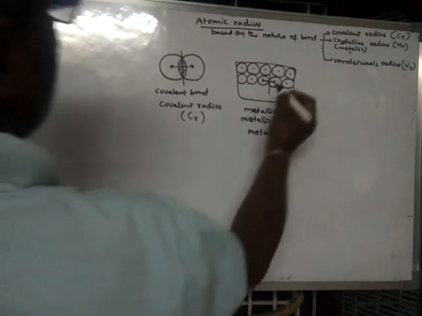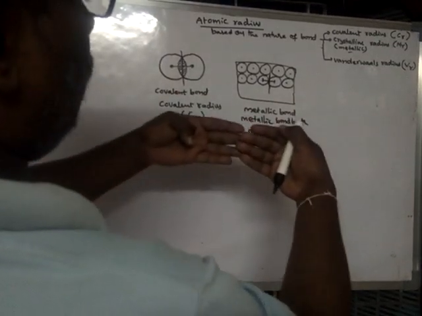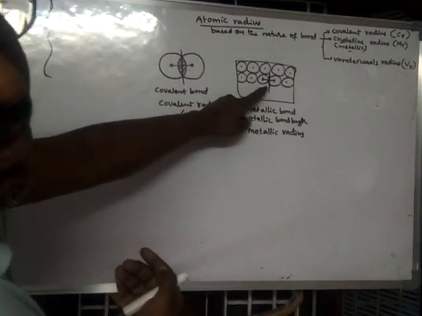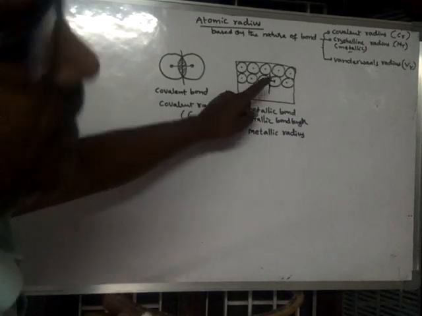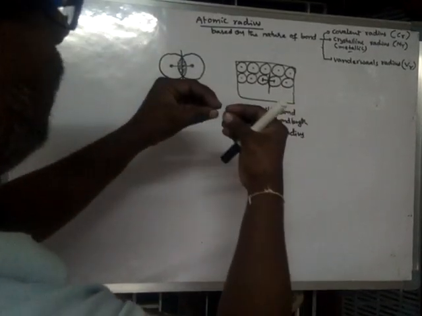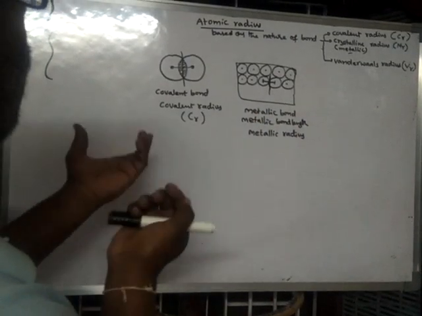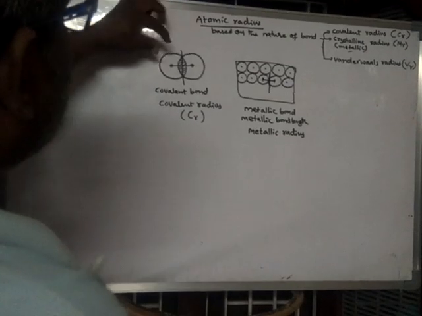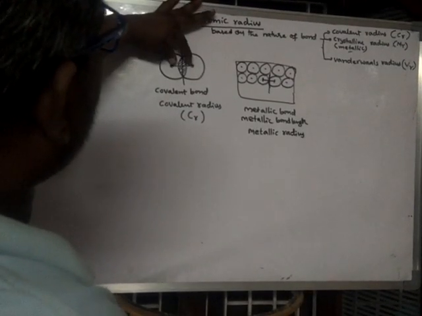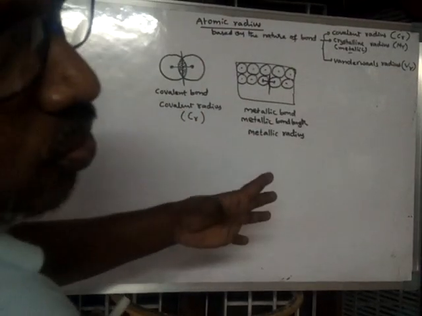See, if you observe closely in depth, these two atoms merge into each other, but here the atoms are not merged. Simply, an atom is treated as a sphere, so it appears to be two spheres simply touching each other. Okay, now if you see the bond length, when compared to covalent bond, the bond length in metallic bond is more.